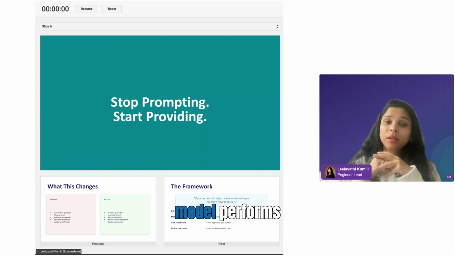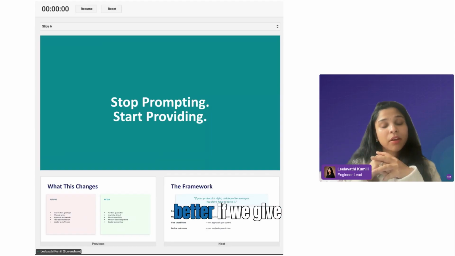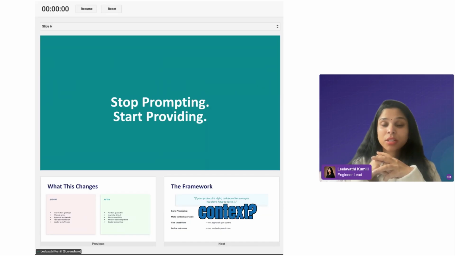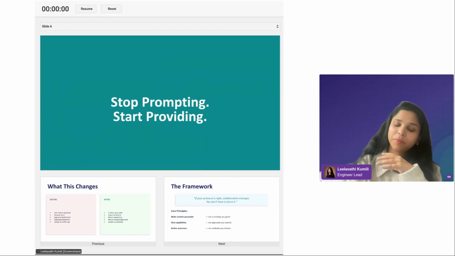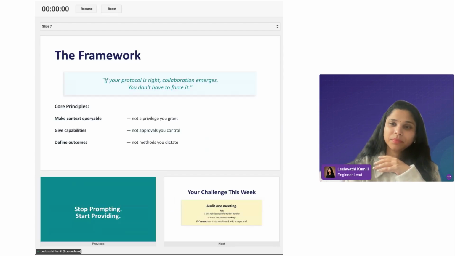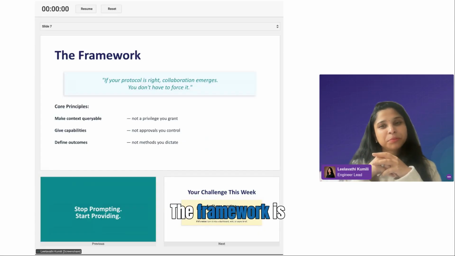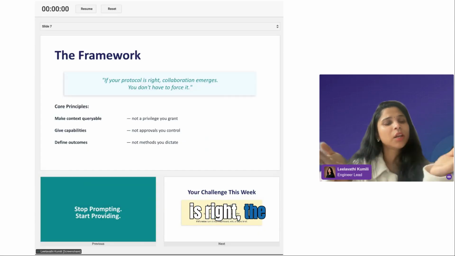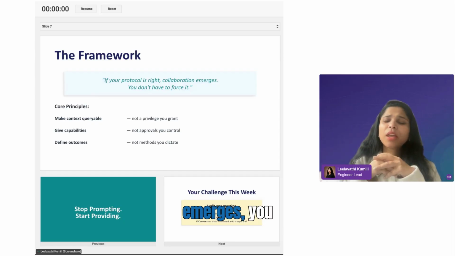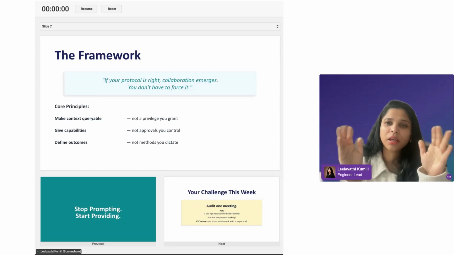Our model performs better if we give it better context. Same with your team. Start giving them better context. Stop asking hundreds of questions. The framework is simple. If the protocol is right, the collaboration emerges. You don't have to force it.